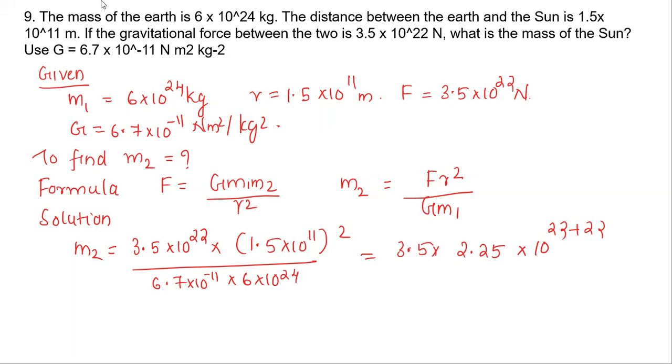And here 24. Minus 11 when it goes to numerator, it will become plus 11 minus 24 upon 6.7 into 6 will come. Okay, that is M2 is equal to, on solving this, 3.5 into 2.25 upon 6.7 into 6. On solving this, we will get